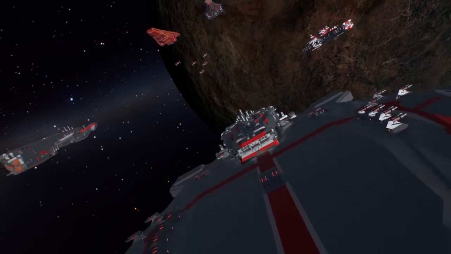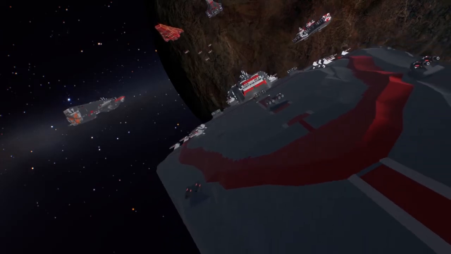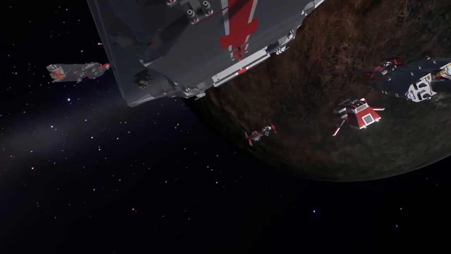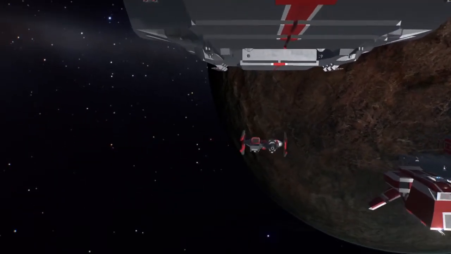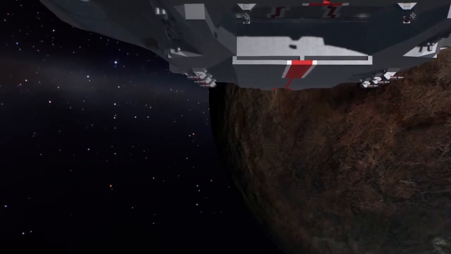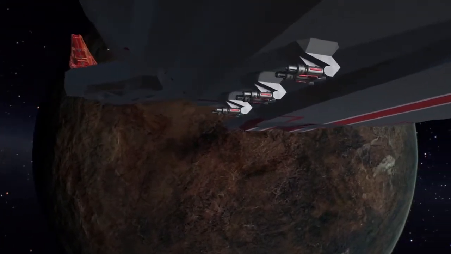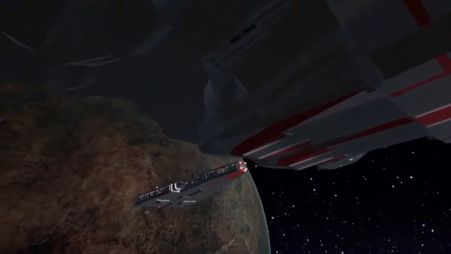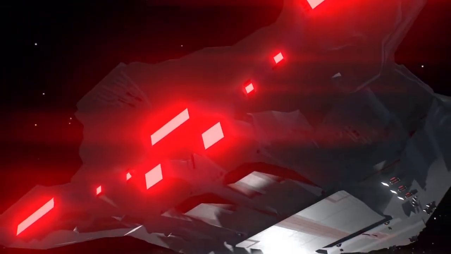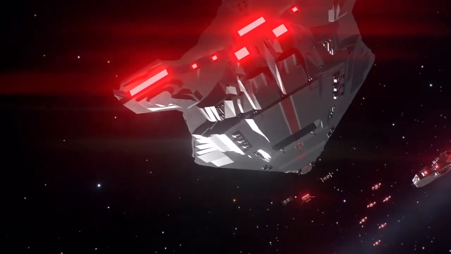Another really cool aesthetic design is if you look at the rear of the ship from below. It actually has a really nice look to it. And I'm really not sure how to explain it, but just take a look at it for yourself. And now the hangar bay can also be accessed from multiple stations at once. So yeah,